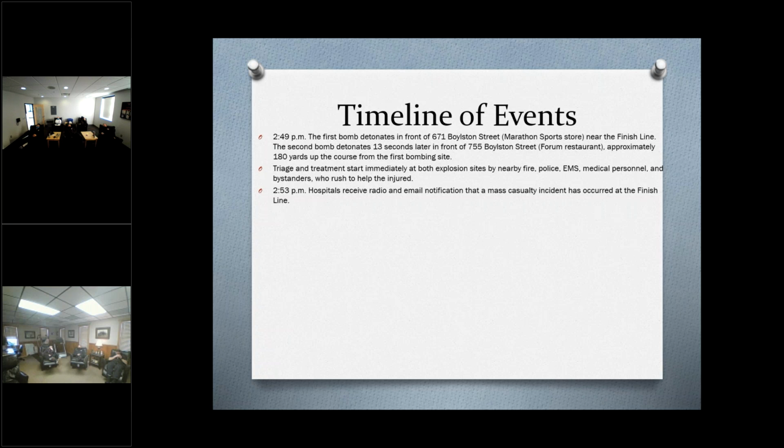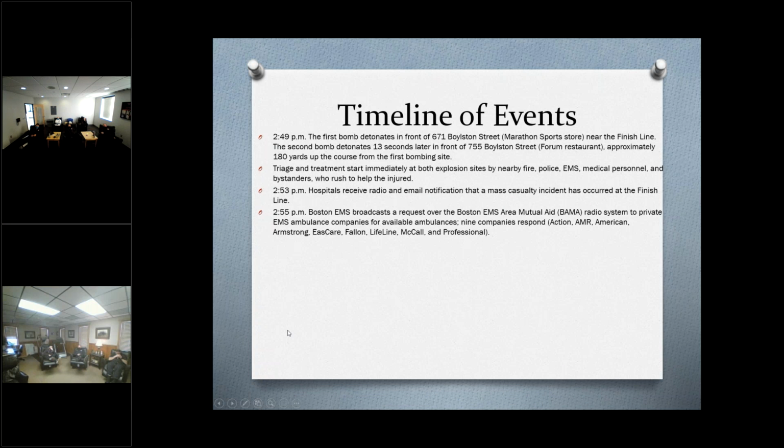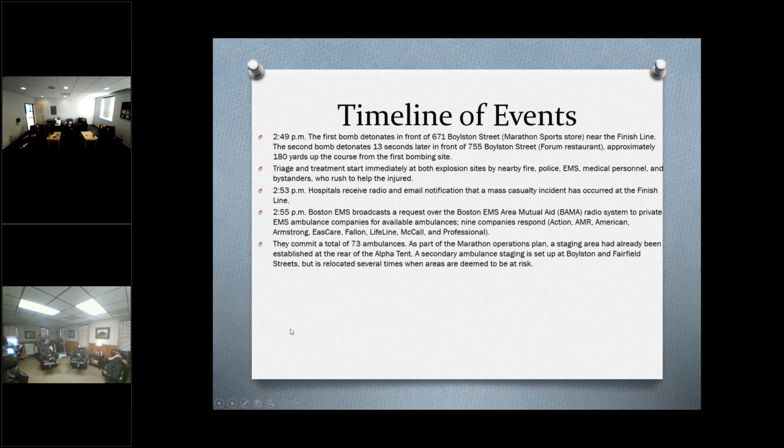So they had 2 different treatment areas, 2 different triage areas, and their unified command was actually in the basement of a government center, with fire, police, and EMS representatives. Very shortly after those bombs went off, the hospitals were notified that they had an MCI, and the hospitals were able to call in additional resources. They also requested additional ambulances, and they got 73 additional ambulances to respond to that